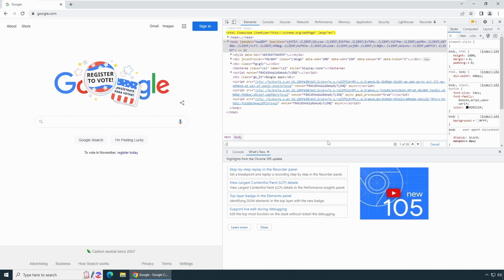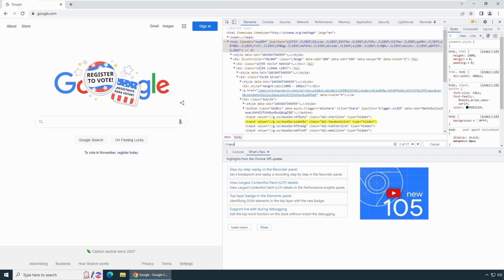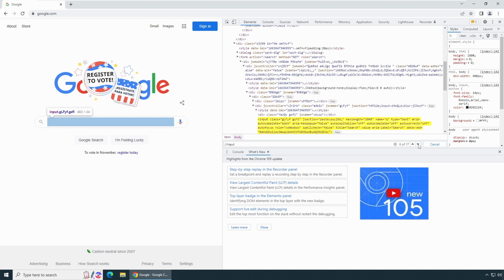So let's refine our search. We want to refine this to a search text box, that is input. Let's say input and press enter. Now you see there are a lot of inputs, 17 input boxes, and there are so many of them. Out of so many of them, we need to identify our property. For example, in this case, as per the syntax, say square bracket and say @